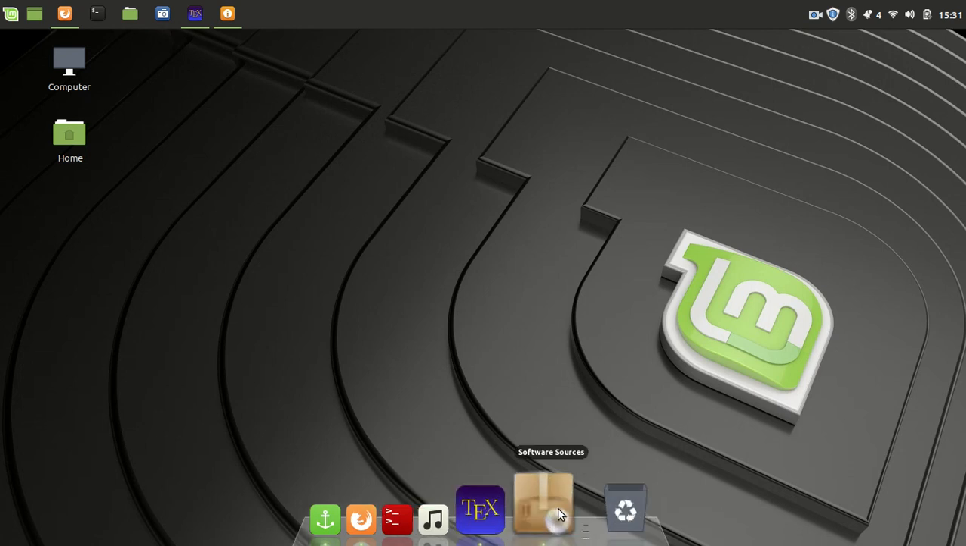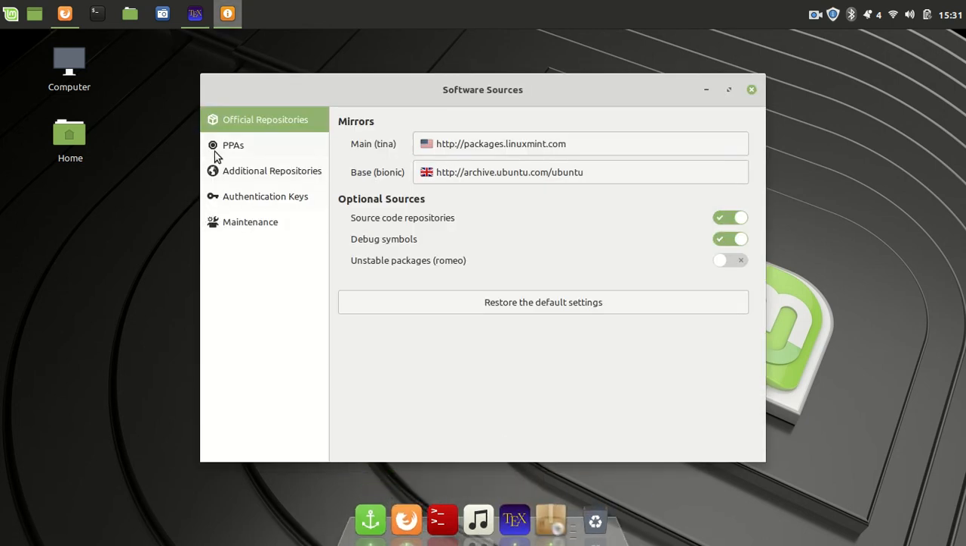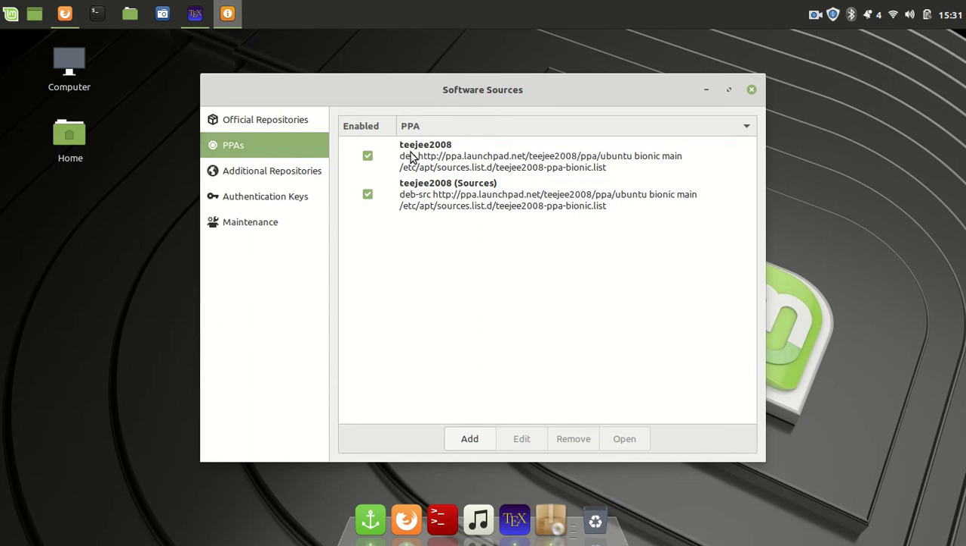I have added this particular repository in my sources. So if you go to software sources and go to PPA, you will see that this particular PPA is enabled in my system. So once you add that repository to your system and update your system with apt-get update, your system should show this software source under PPA. Once you have that,